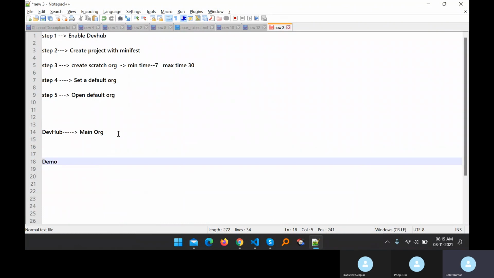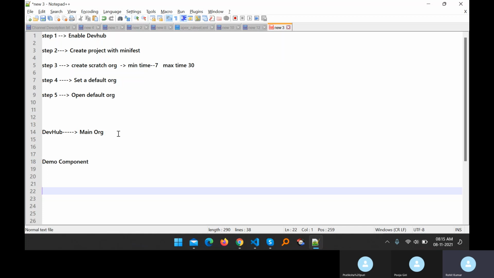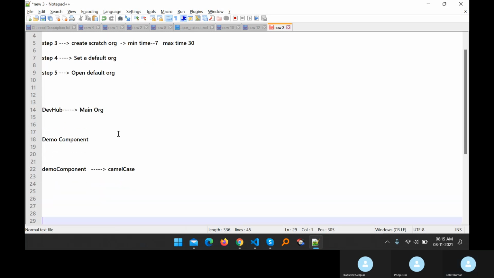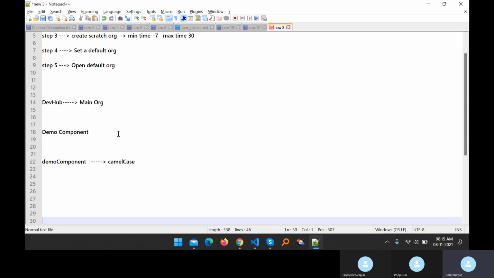How do you give a meaningful name for LWC? Always write demo, with no space between the strings, then Component. That is called camel case. Always remember this for creating any LWC component.